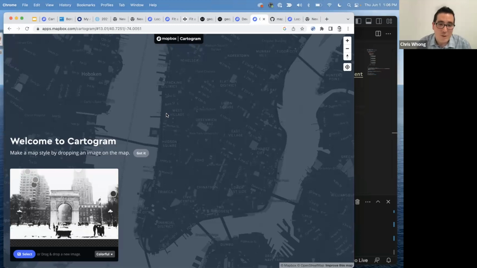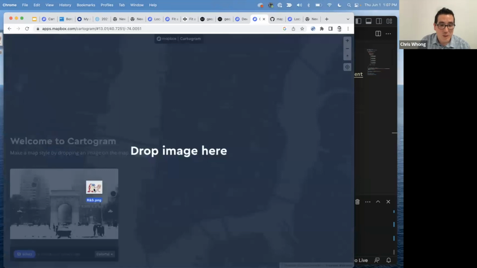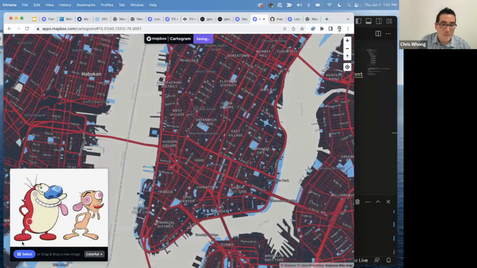So when you don't have a lot of your own data to change, but you just want to use our streets data, this robust map of the world, and then apply your own styles to it, you could bring in your company logo, or a picture that you really resonate with. So I have this little picture of Ren and Stimpy, and I'll just use that as an example. If I drop this here, you can see it has searched this image and found like four main colors on Stimpy here.